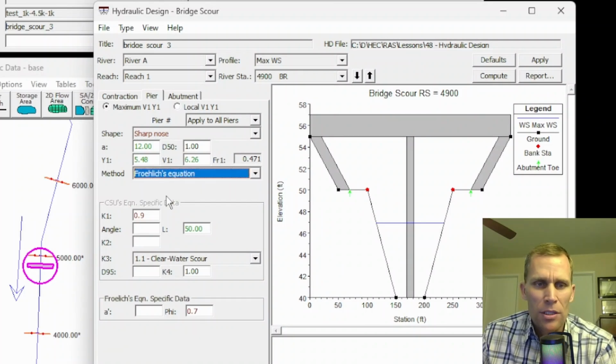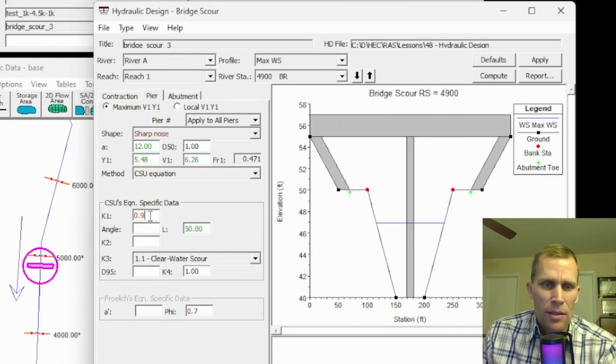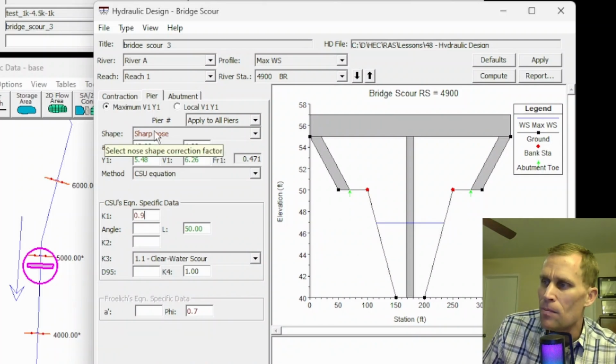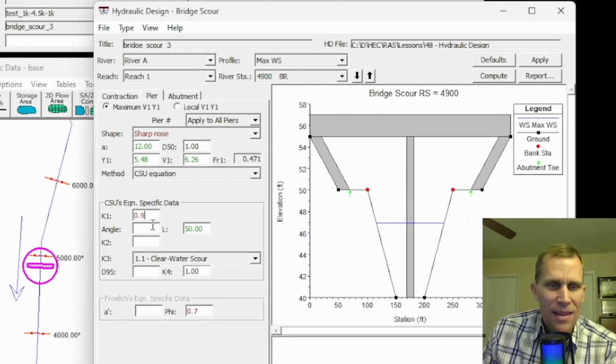If we select the Froehlich's equation, Colorado State information is disabled, and we have to enter this data down here. Okay, so for Colorado State, we need a K1. This is a coefficient based on the shape. It's a correction factor for the pier nose shape. And then after that,